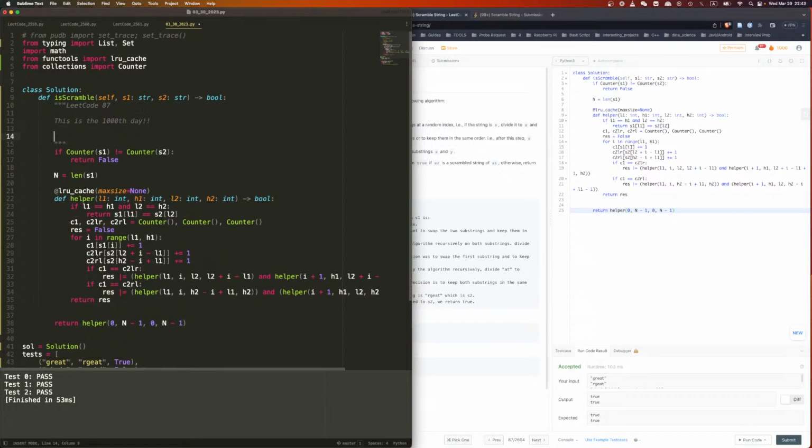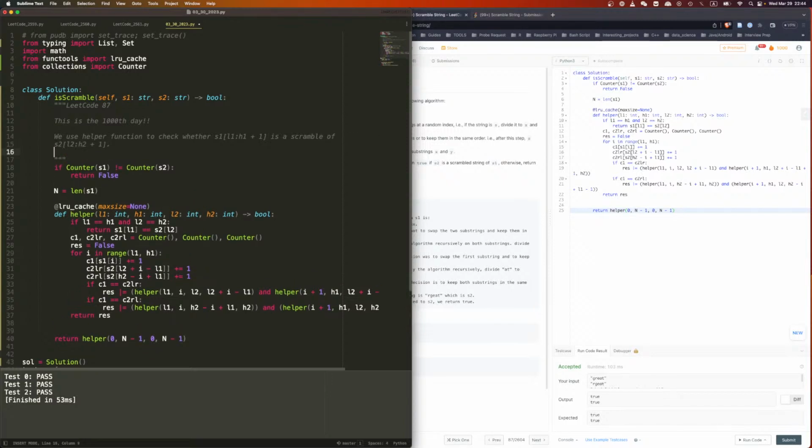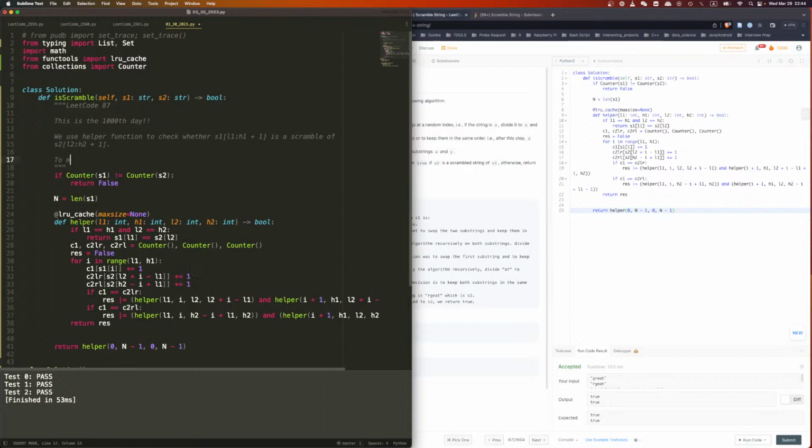All right, so for this one, we use helper function to check whether S1 L1 to H1 plus 1 and S2 L2 to H2 plus 1, whether this is a scramble of this. To make the comparison, to make the check, we get the first